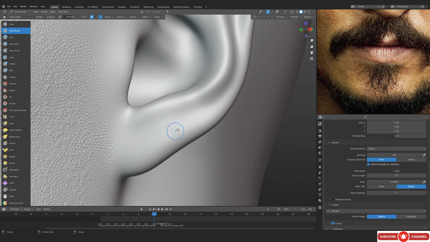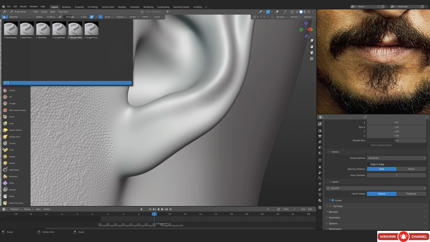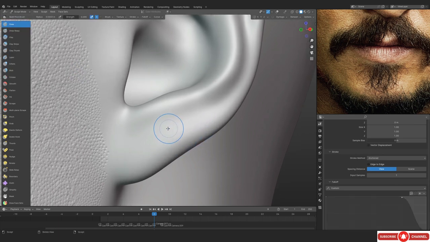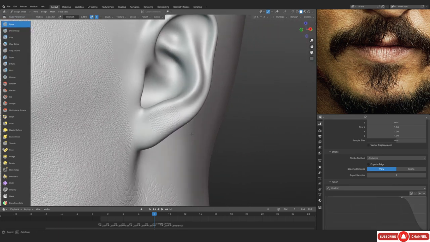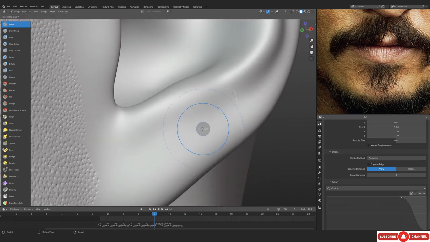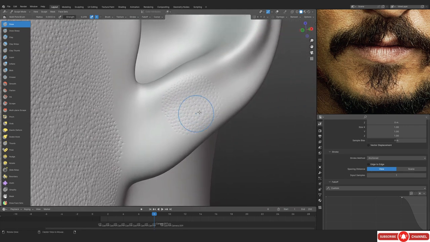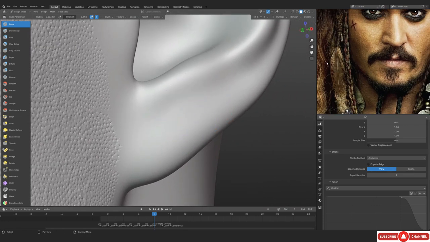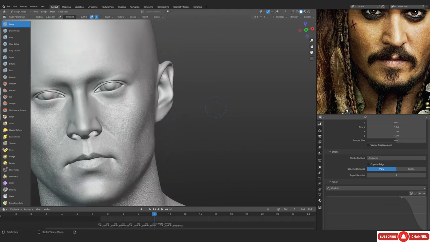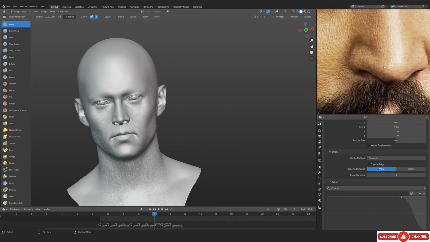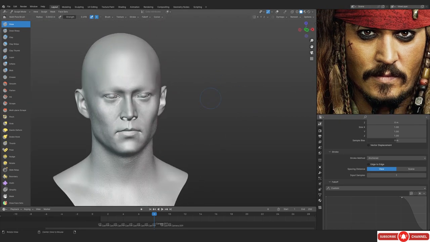And for the ears, by the way, you are basically just going to get skin similar to what you have on the forehead. So you'll just use the multi brush and do something like this. Make sure the intensity is low. On the ears, the pore intensity is pretty low and the size of the pores is small as well. You can find some references of the ears and just figure it out yourself. It's not really that complicated. I think for the ears, the skin is pretty simple. You don't really need to overcomplicate anything. And that would be done.